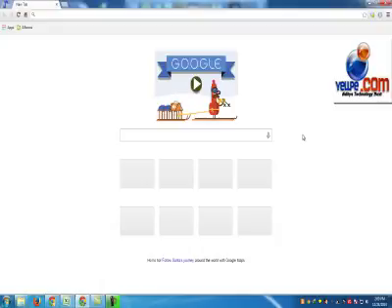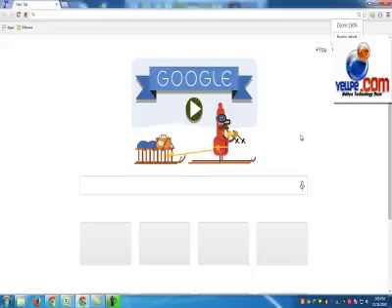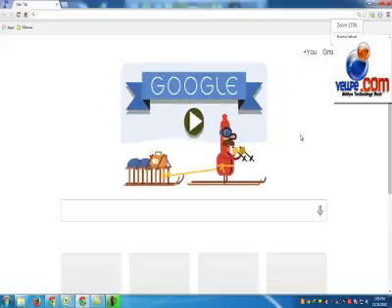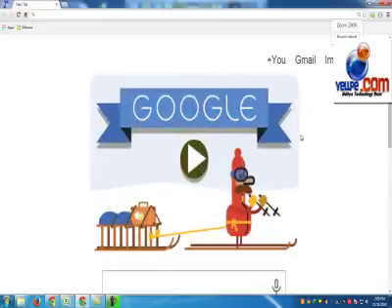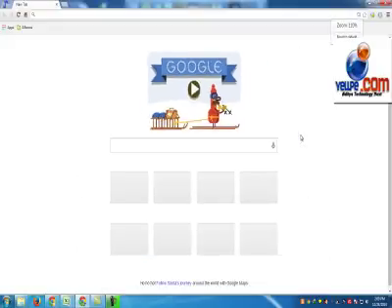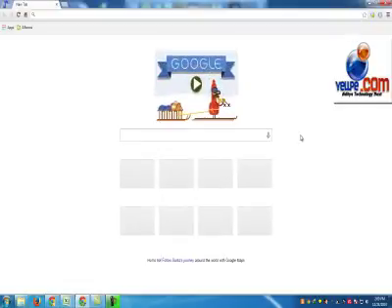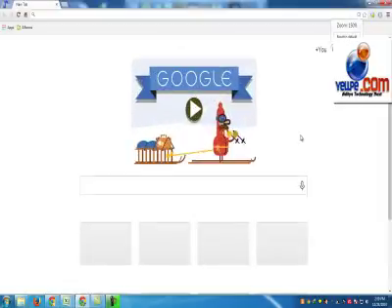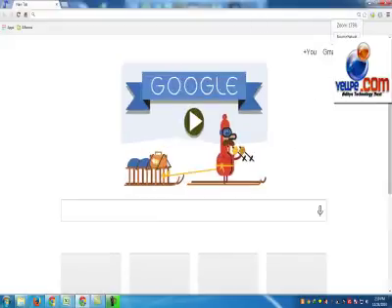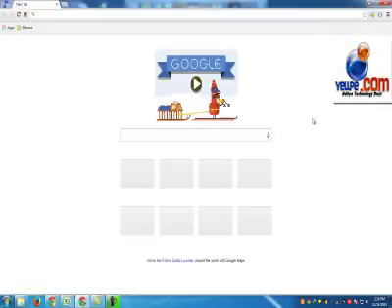Just press and hold Control key in Windows and scroll your mouse wheel upside to increase the zooming and pull it back to decrease the zooming. So this way you can increase and decrease zoom in Google Chrome. And if you want to just restore, click the restore to decrease.